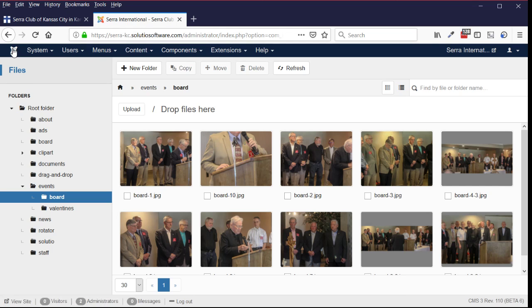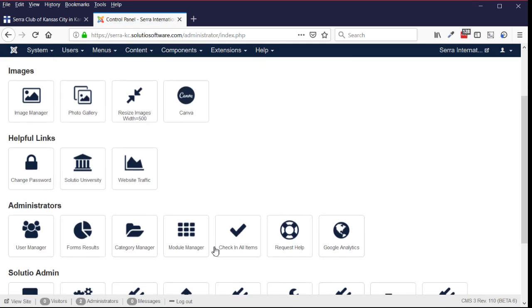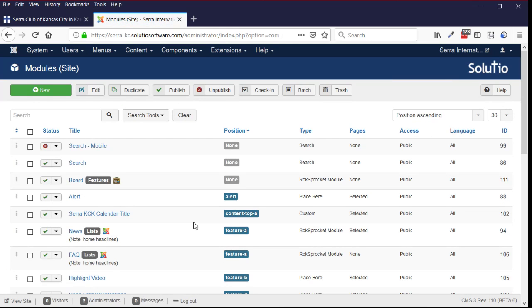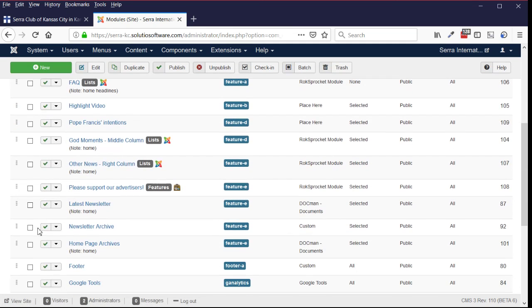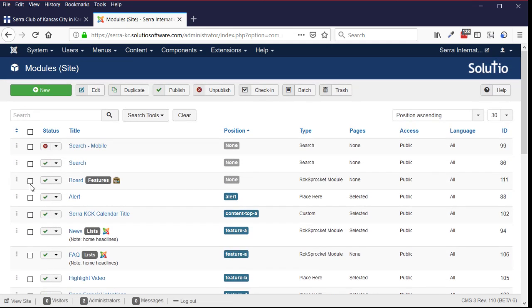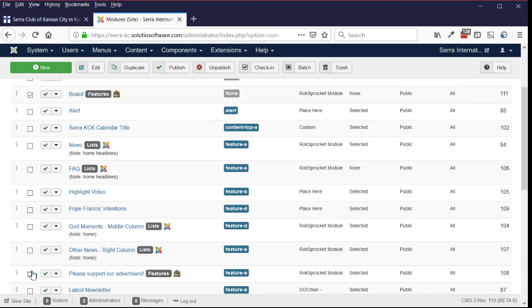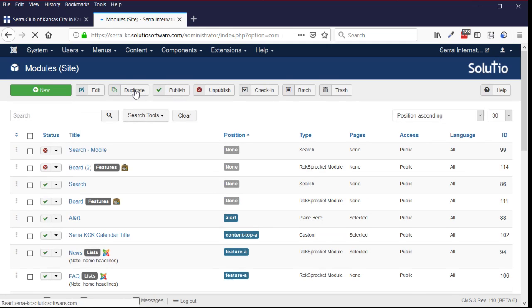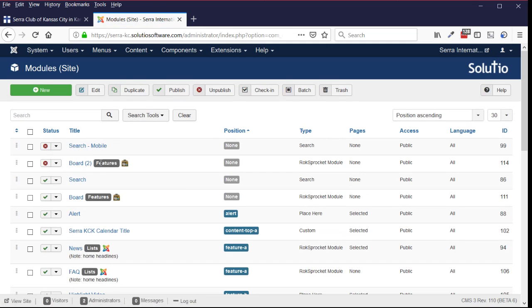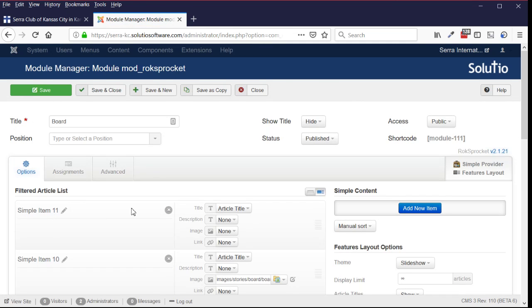And then I want to go back to the control panel and click on Module Manager. Here, my suggestion would be to maybe take that advertisers module, or I'm going to have another one created for you, such as board, right here. And I'm going to suggest that you duplicate the module. That's probably the easiest way to create new things, is to duplicate something that already exists like what you want to create. I'm still going to use this original one